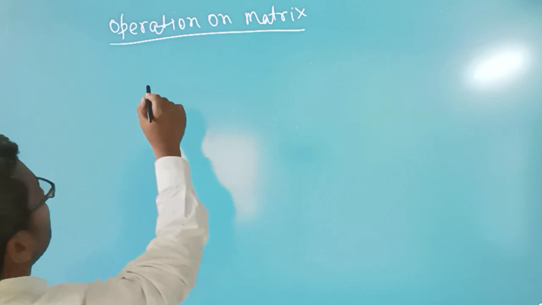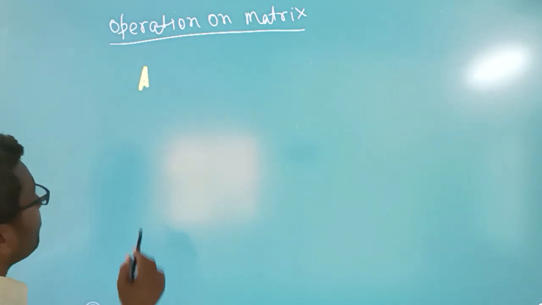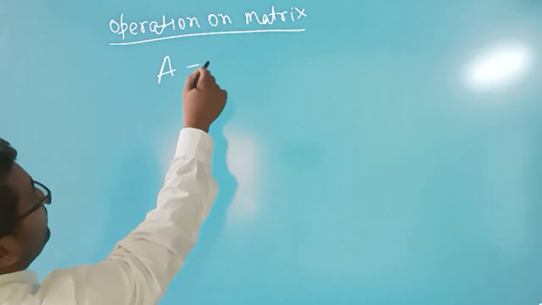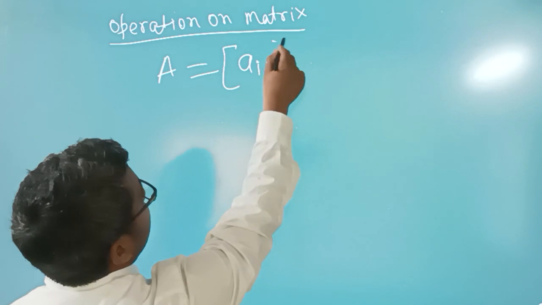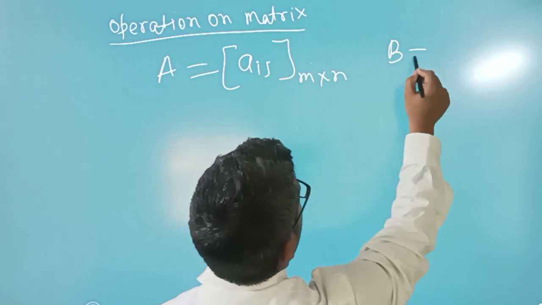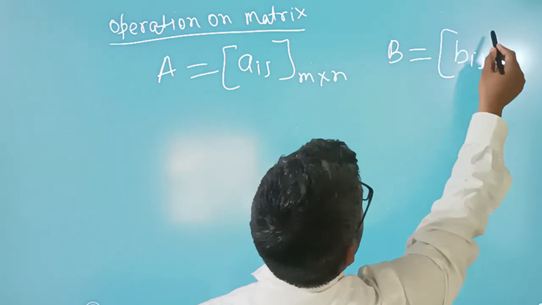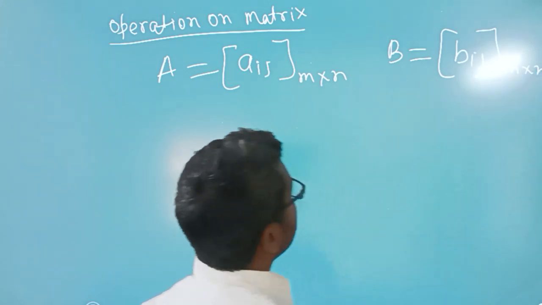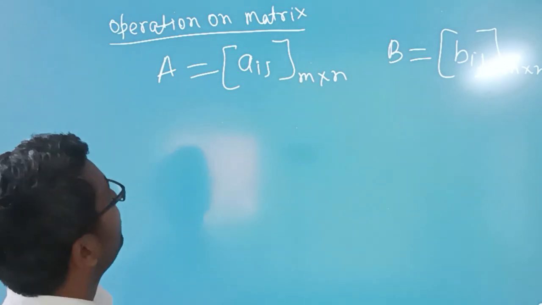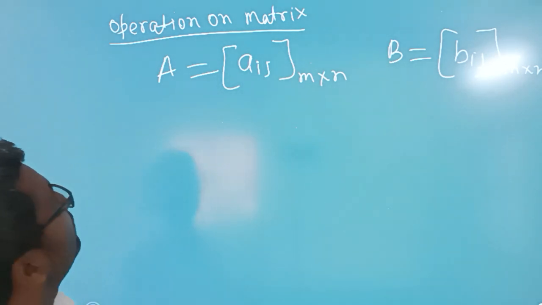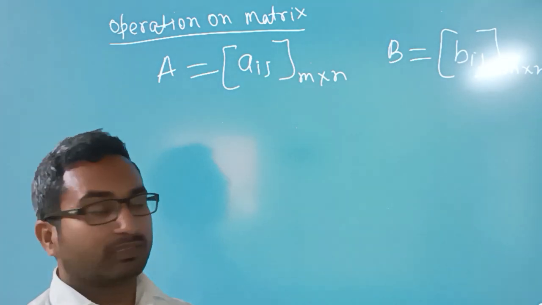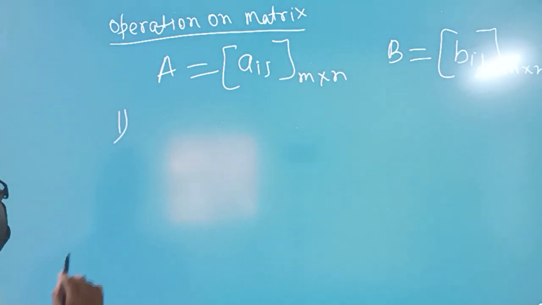Take any matrix A, that is Aij of order M cross N, and another matrix B, Bij of order M cross N. These are two different matrices that have the same order, so we can find the addition or subtraction by the operation of matrix on matrix. So the first operation we can